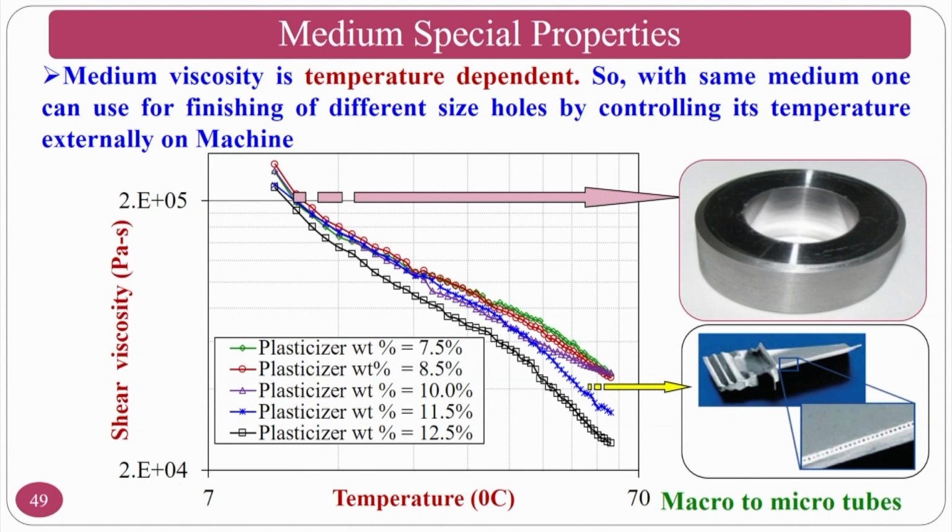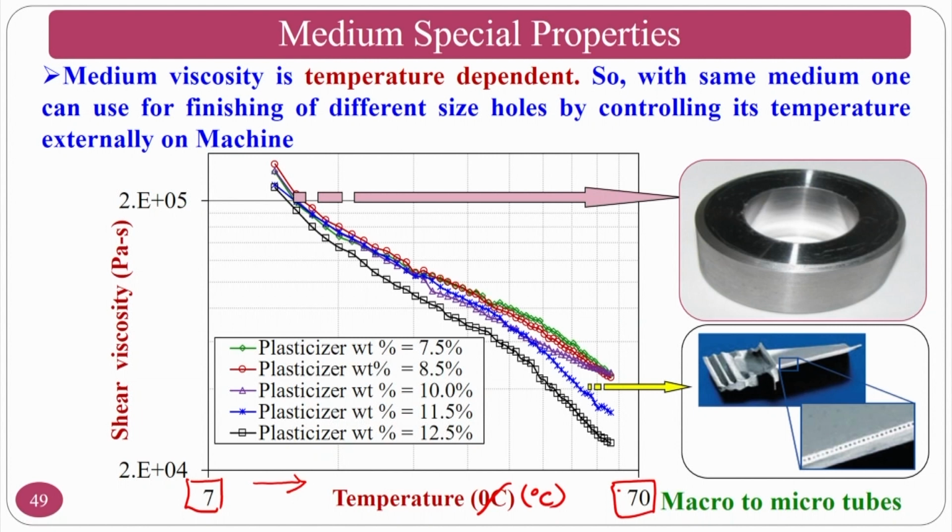because of which, what you can see here is, if you are changing the temperature, please note that this is a logarithmic scale on the x axis as well as the y axis. That is why you are getting 7 here and 70 here. Okay. So, if you are changing the temperature in degree centigrade from a lower temperature to a higher temperature, what is happening is your shear viscosity gradually decreases.